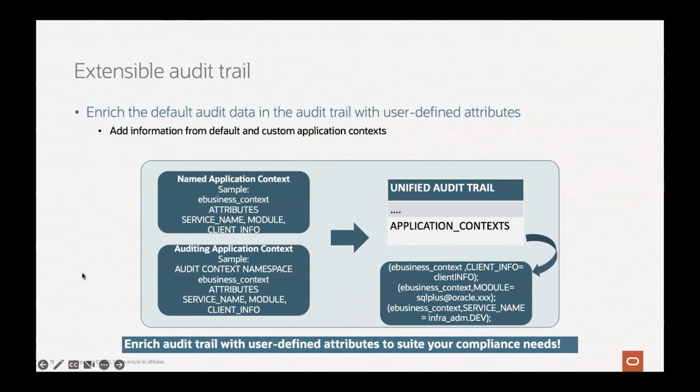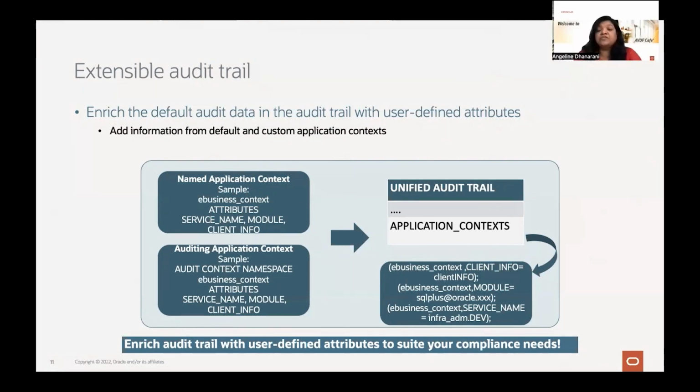So there is this way you can enrich your audit trail to bring in any of the user-defined attributes to suit your compliance need. And in one of the instances, the RBI recommendations, they have provided a couple of transaction requirements, like the end user core database transaction, the core financial transaction ID was requested in their document to be passed on to the unified audit trail. And we are working with a couple of customers to use this feature to extend the unified audit, and it has been a success.